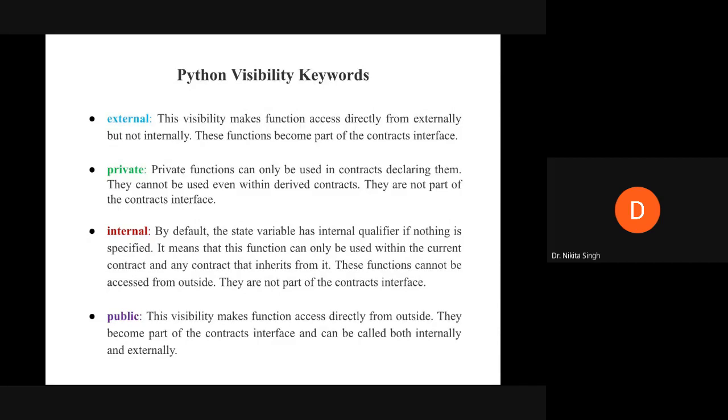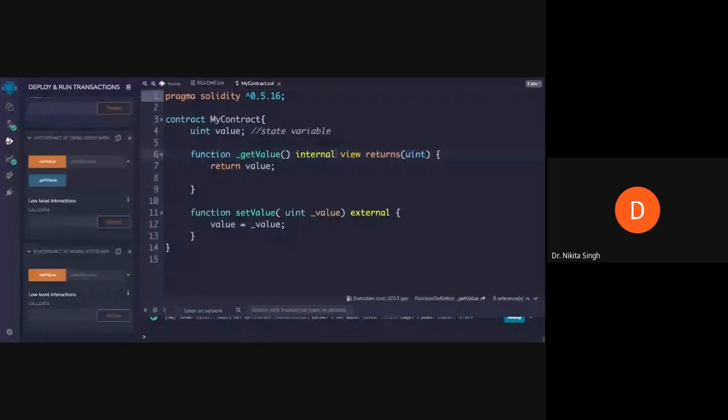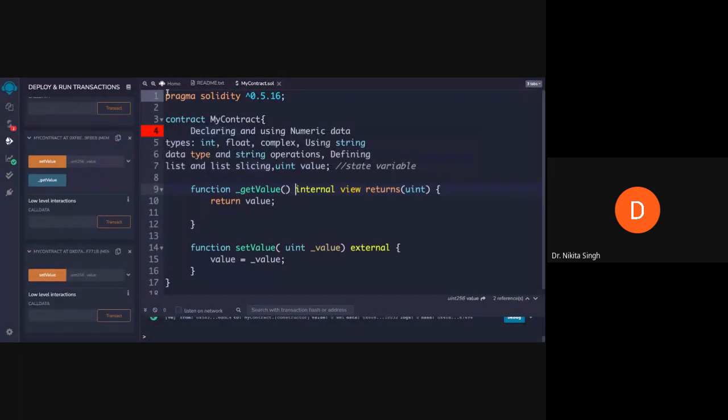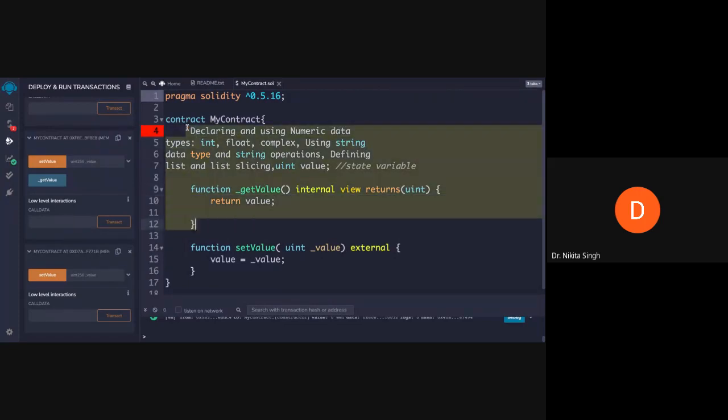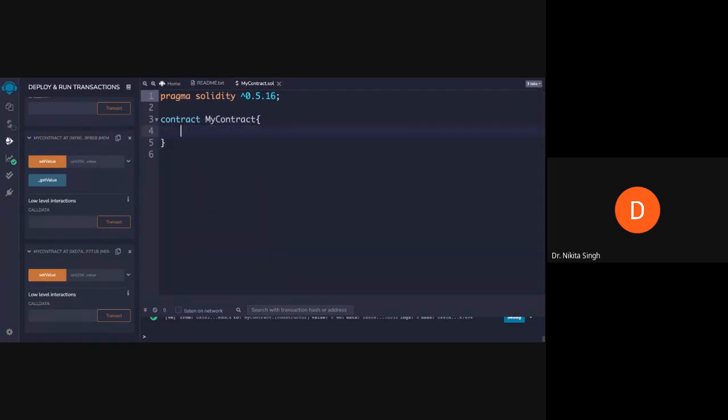Now we'll talk about some built-in variables that are present in Solidity. We have three types of built-in variables. And why do we need these built-in variables in Solidity?